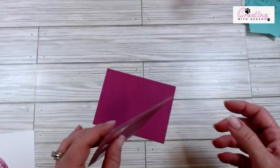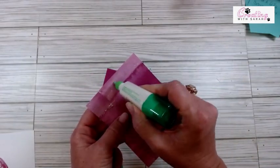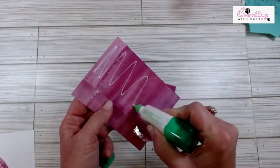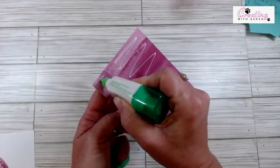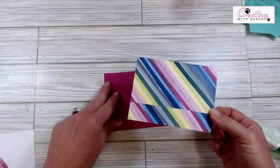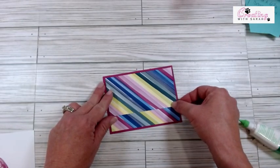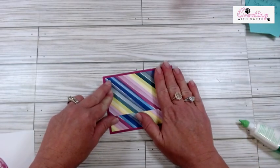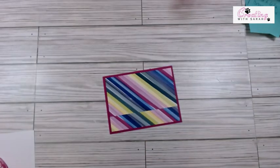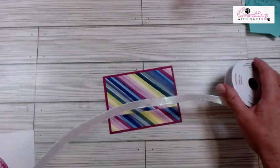But this is the way that you can get more out of your designer series paper. So I'm just going to put some adhesive on the back, and I'm leaving the tape on here as well. It'll just help me get it onto your card base easier. There we go. I didn't have any Berry Burst ribbon, so I brought in the white